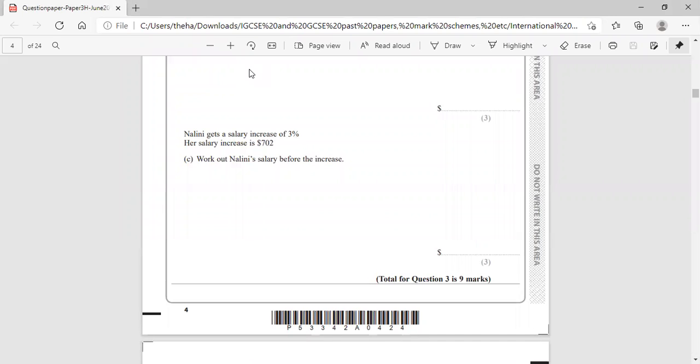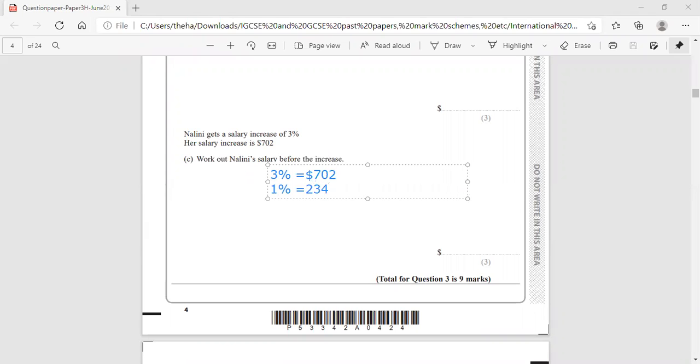Okay, so Nalini gets a salary increase of 3%. Her salary increase is $702. Work out Nalini's salary before the increase. So we know that it's increased by 3%, so let's just state what we already know. 3% equals $702. So then if we divide that by 3, we can figure out that 1%, so 702 divided by 3 equals